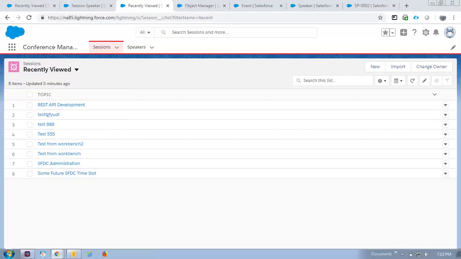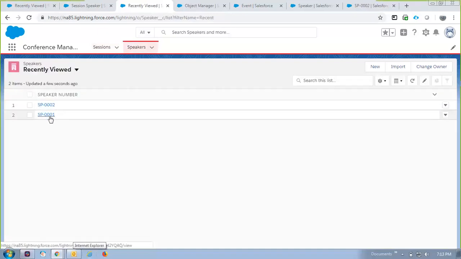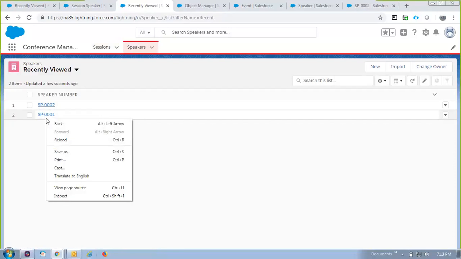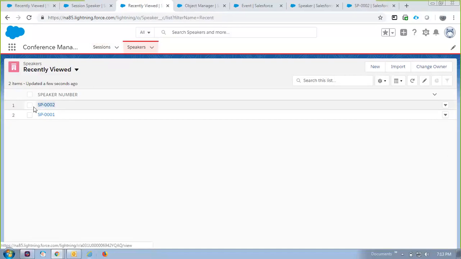Okay, so I just want to see the speaker, right? Instead of the number, I just want to make it a name, because this is confusing. I just want to convert this auto number to text. Okay, how do we do that? I mean, it's a good thing. What happened is here we created the speaker name field as an auto number, but because